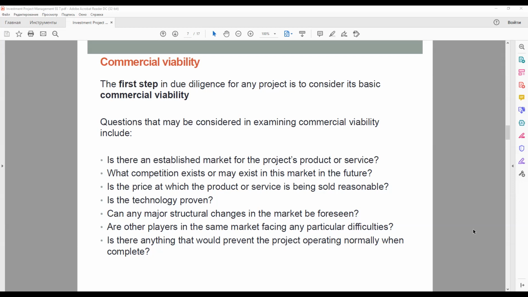Here are some examples of types of projects that have an apparently sound contractual structure, but which are not commercially viable. So first, the construction contractor has quoted too low a price, perhaps because of insufficient experience in this sector. A construction contractor who finds that there is going to be a loss on a construction contract will use every loophole which can be found in the contract terms and specifications to claim more money for a job. Such disputes may seriously delay the project and affect its overall viability.